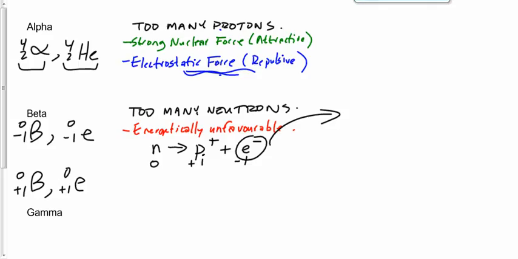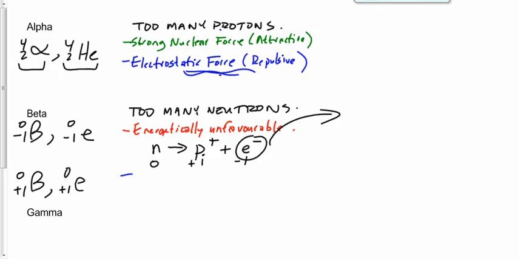That's the beta particle. We said a few minutes ago, as we started this, how do you get a beta particle? How do you get a negative electron out of a nucleus when the nucleus doesn't have any electrons to begin with? Well, we make one. We change a neutron into a proton and an electron, and then the electron just leaves. That's the beta particle. Beta plus is a similar process, except here we have, with beta plus, too many protons